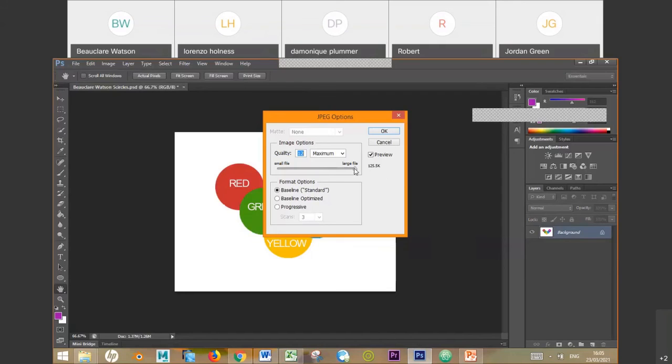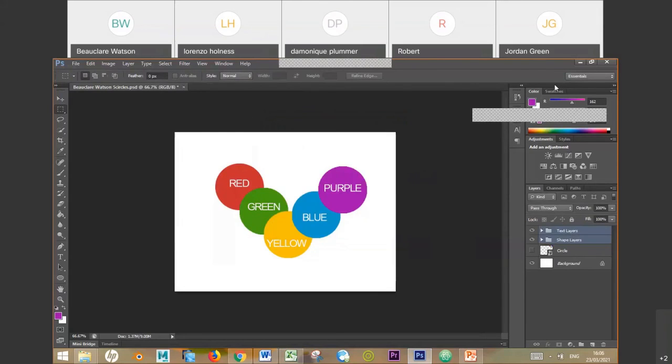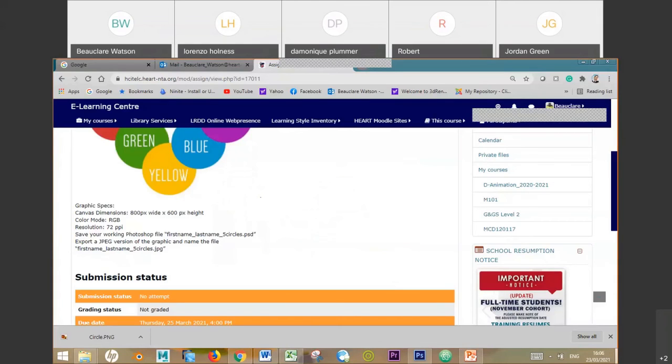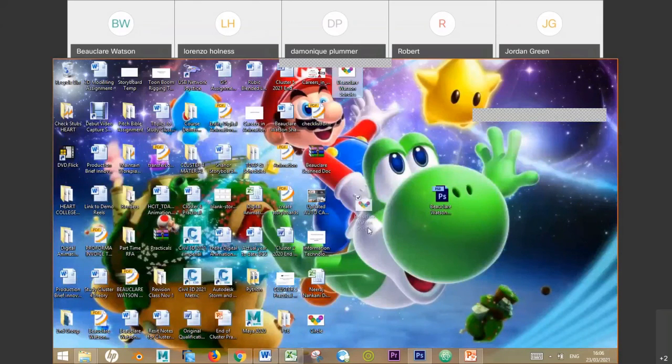But if you want a smaller file size, you can drop down the quality, and it brings down the file size at a lower quality. But I would put it up at maximum because 125 kilobytes isn't really that much space. So we just bump it to maximum and click OK. And let us look where the image is. And as you can see on the desktop now,